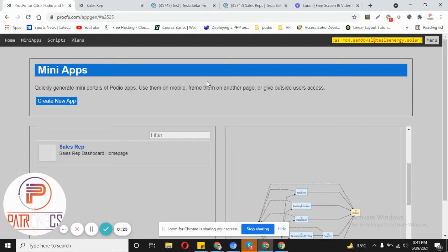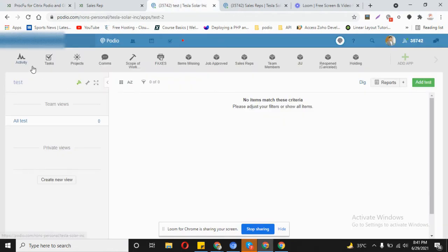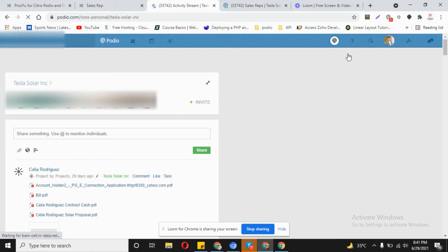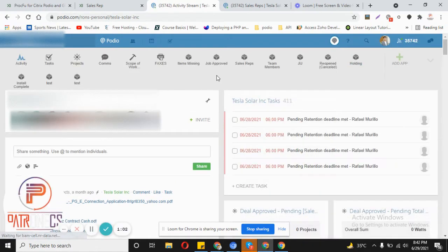Podio is basically a database where you can store data about your customers, your clients, your projects, your tasks, everything. But there is a concept of workspace in Podio. If you are part of a workspace, you can see everything present in that workspace. Just like here, if I go to the activity section, I can see all the members, and all the members who are part of this workspace can see all the data present in the different apps here.